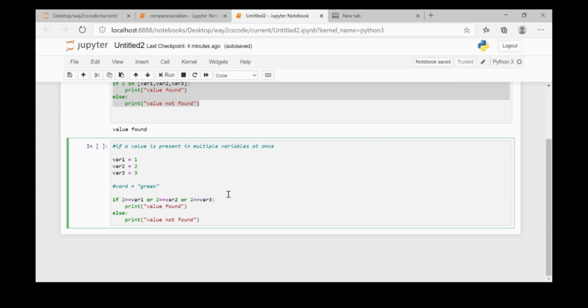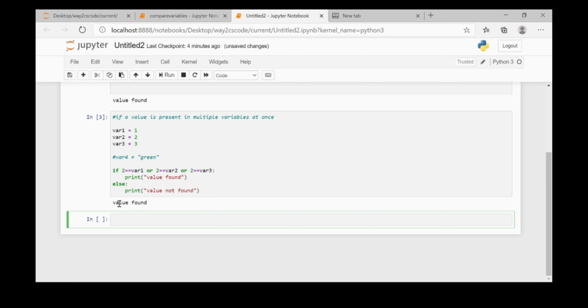So we can check it like this as well. If 2 is there, it will show us value found. If 2 is not there, then it will show us value not found. So it's showing us value found.